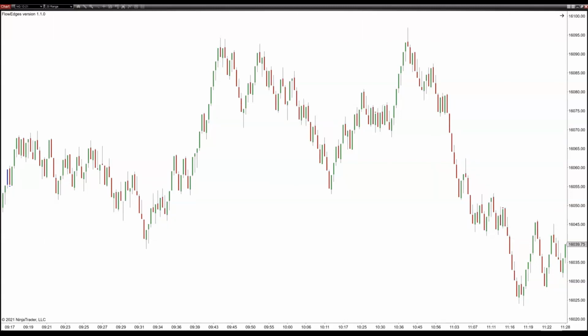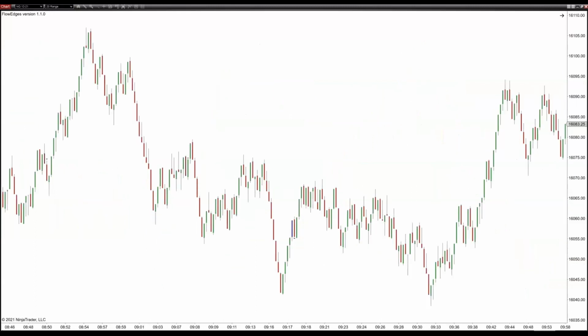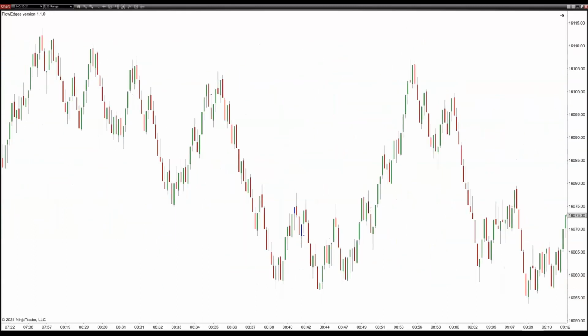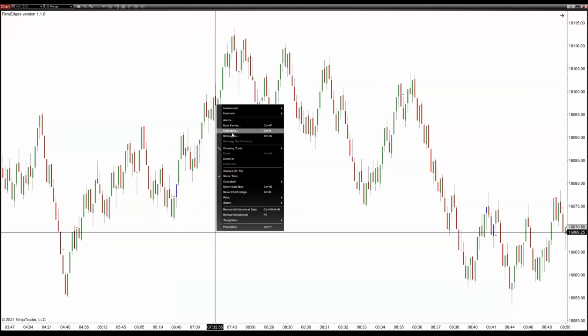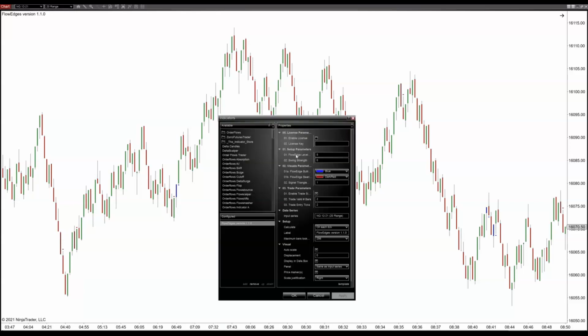So 3 is probably a good starting point. There came the sell here, then a buy right here. Now, if you wanted to use 1, and then try a swing strength of something, go 9,